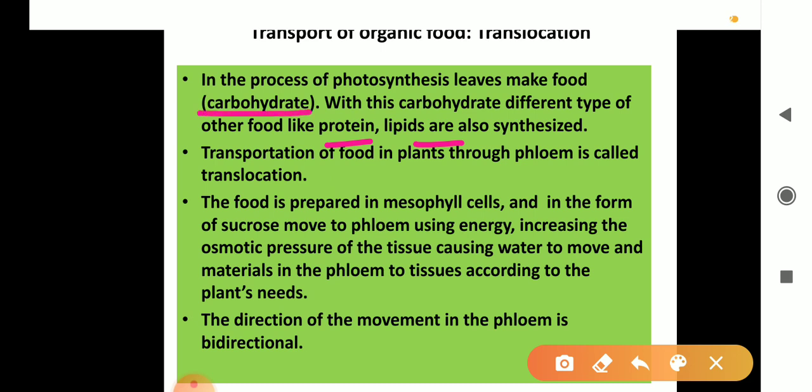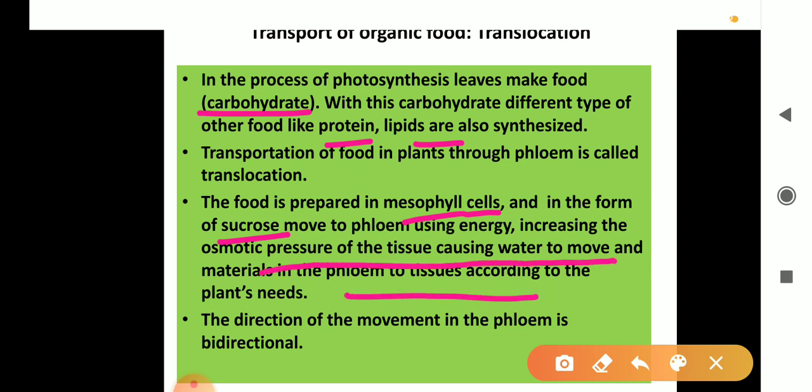And phloem transports food mainly in the form of sucrose. Now, the food is prepared in the mesophyll cells. For translocation, it is converted into sucrose. In the form of sucrose, it is transported. Now, the sucrose is loaded actively by the mesophyll cells into the phloem or the sieve tube. In active transport, energy in the form of ATP is required, and this active transport takes place against the concentration gradient. When the sucrose